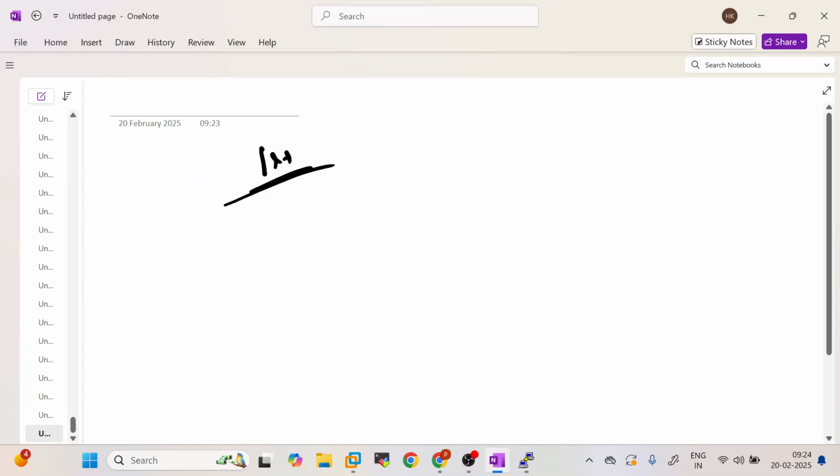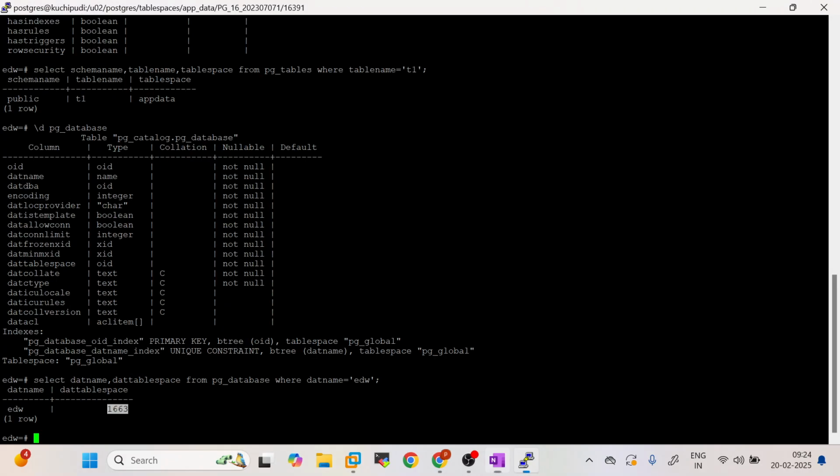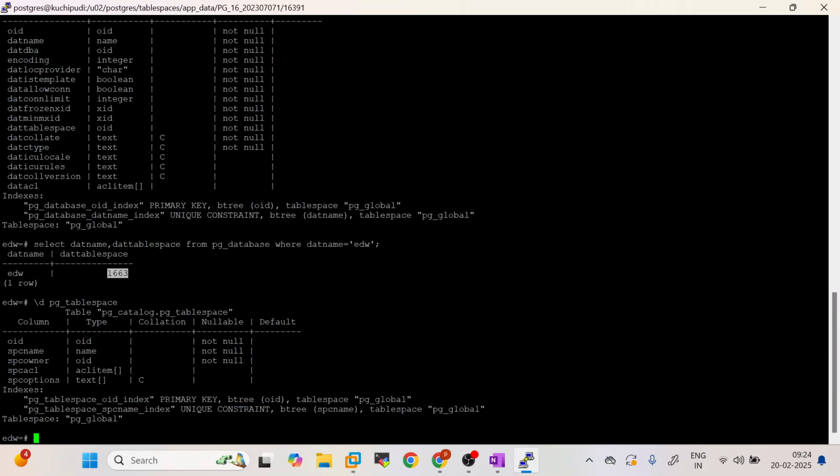What is the data dictionary related to table spaces? \db is a command to find out the list of table spaces that are available in the Postgres cluster, and pg_tablespace is a data dictionary which contains information about all the table spaces in the Postgres cluster. \d pg_tablespace. Okay, select spcname, comma, OID from pg_tablespace, where